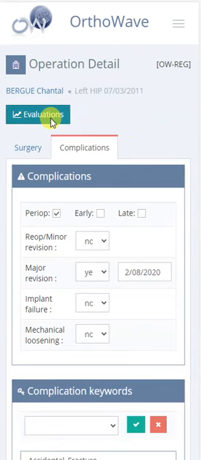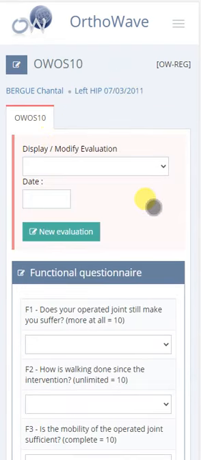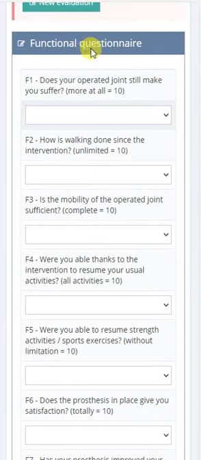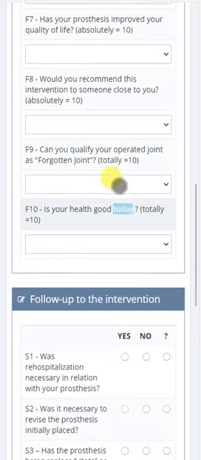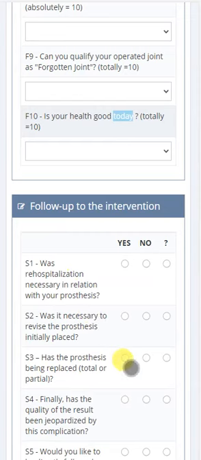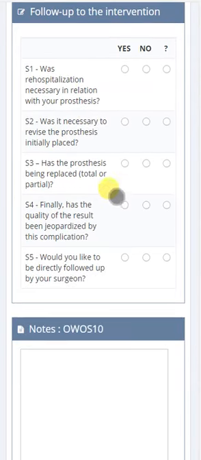The evaluation is very simple to use, and it's designed to get the patient connected with evaluation. He receives a mail. When clicking the mail, the patient can get access to the HOOS 10, and he can fill in the functional questionnaire on 10 questions with a total of 100 points. And also, that is very important, the status of his prosthesis over the years, and especially if the